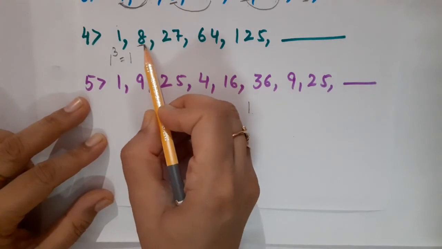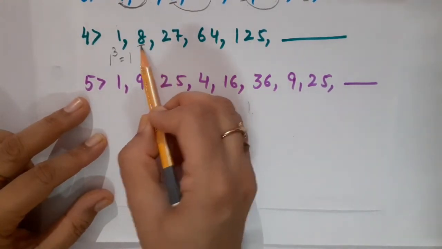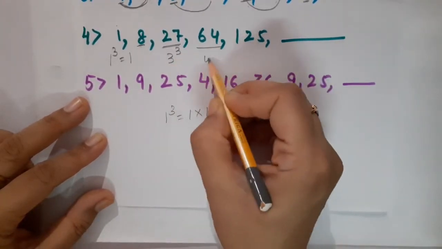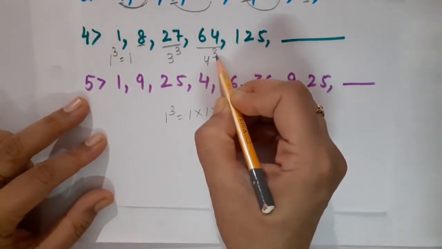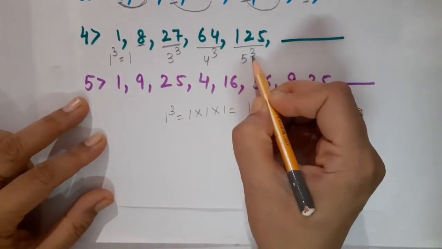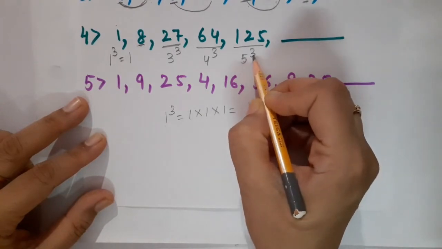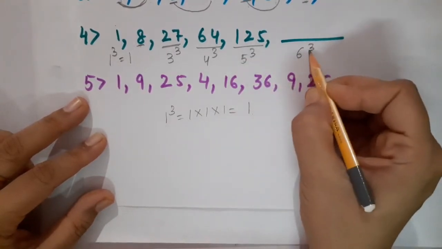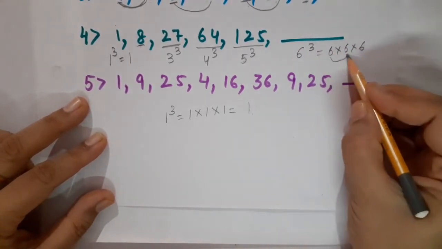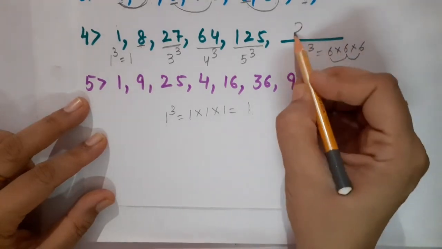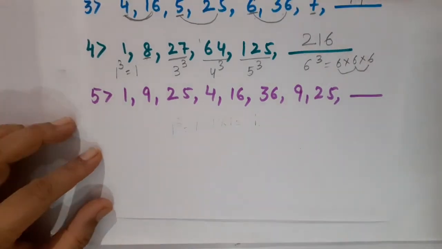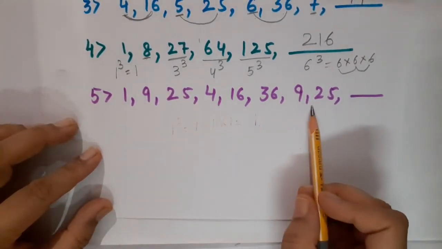So this is 2 cube. 2 into 2 into 2, that is 8. This is 3 cube. How to write it? 3 cube like this. This is 4 cube. 4 into 4, 16. 16 into 4, 64. Then this is 5 cube. 5 into 5, 25. 25 into 5, that is 125. Now my answer will be 6 cube. That is 6 into 6 into 6. 6 6s are 36. 36 into 6 will be 216. Got it? Now children, this is our last question of today's reasoning class.